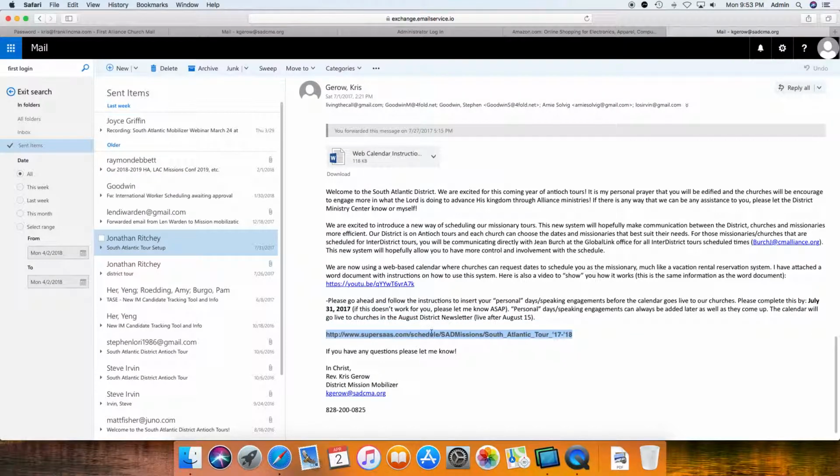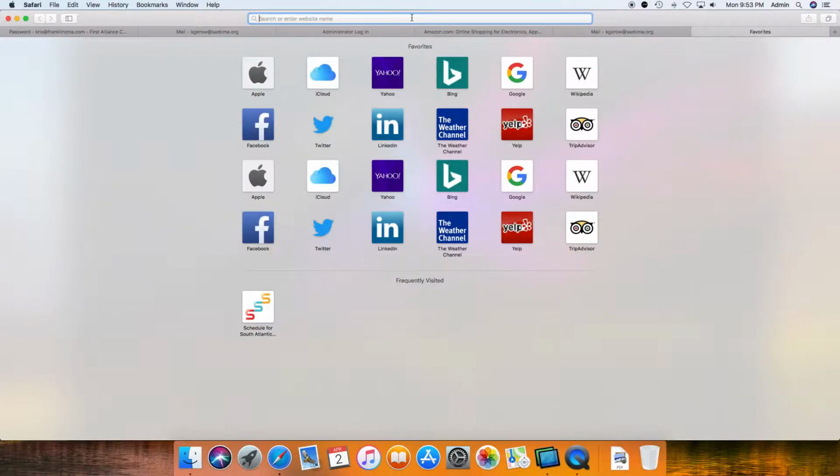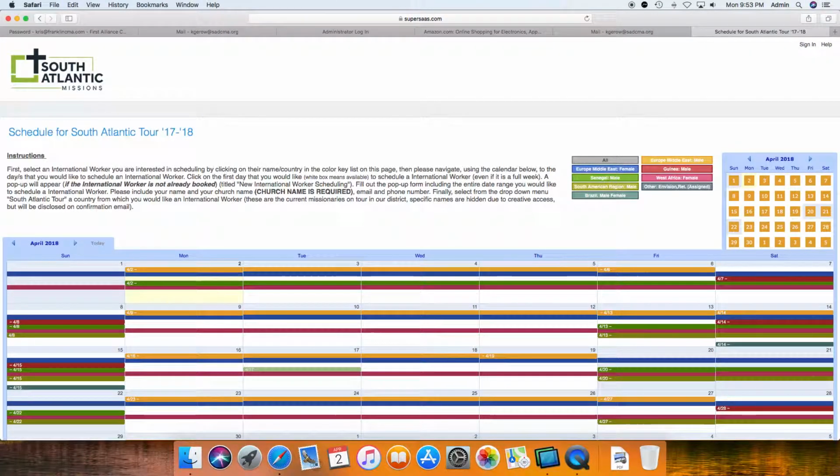And you'll notice it says schedule, South Atlantic District Missions, and then the South Atlantic Tour, and then the years you're on tour. If you'll take that link and put it in your web browser, it'll take you to the web calendar for the tour season that you're on. You'll notice you're there because you'll see the South Atlantic District Missions logo, and it looks like a Google Calendar. On your initial visit to this page, if you'll click sign in at the top right here,